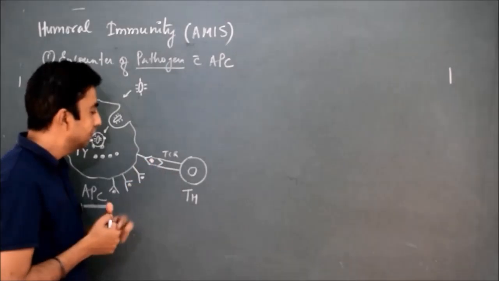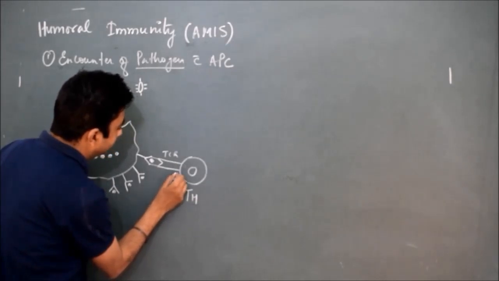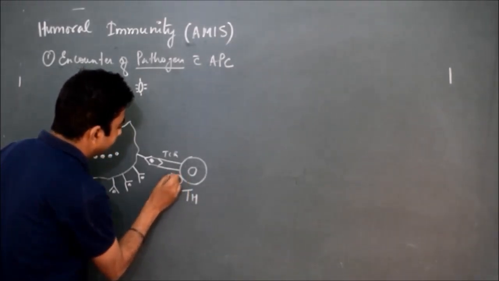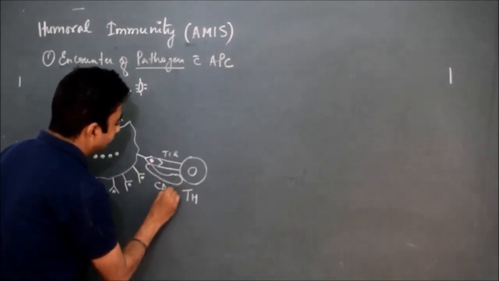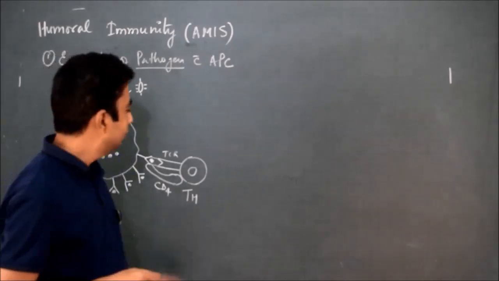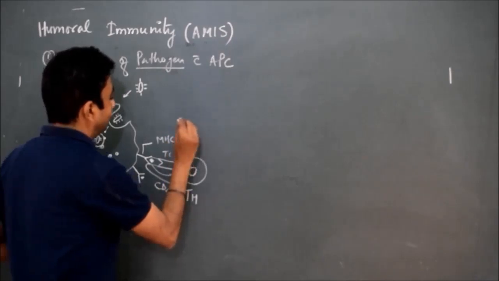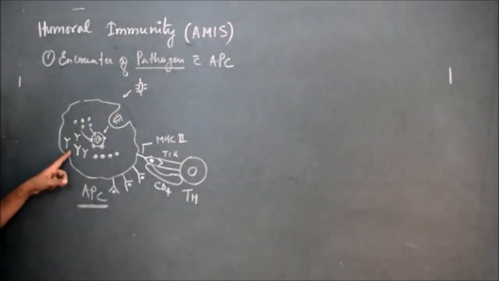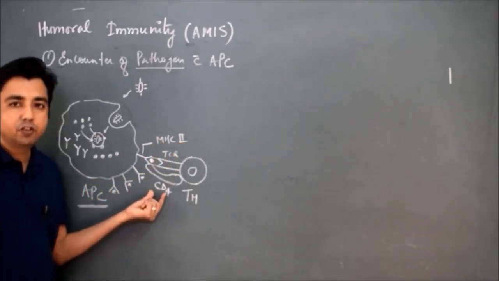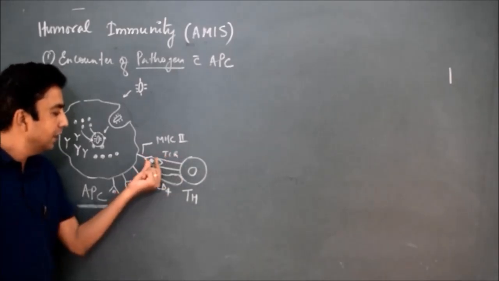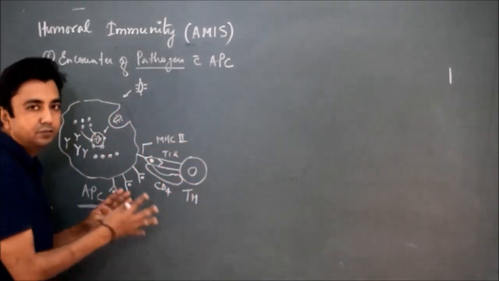This TCR will form a complex with the antigen, and there is another molecule which we call CD4 molecule that combines with MHC class 2. These are MHC class 2. So MHC class 2 will combine with CD4 and TCR will combine with the antigen. Once this combination is formed,